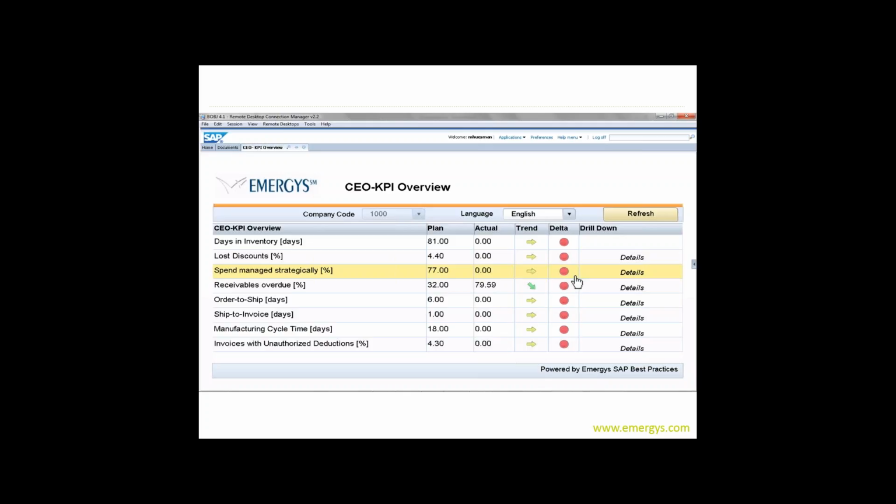You can also see the ability to drill down. So as a CEO, I get the numbers. I can decide if I just want to pick up the phone and talk to someone and let them get back to me about what the issue is. I can actually drill down, and each one of these that has the details behind it allows the CEO or whoever has access to this to drill in and see a Crystal report that has detail in it. So it's not just this level, it takes you to a whole other level.